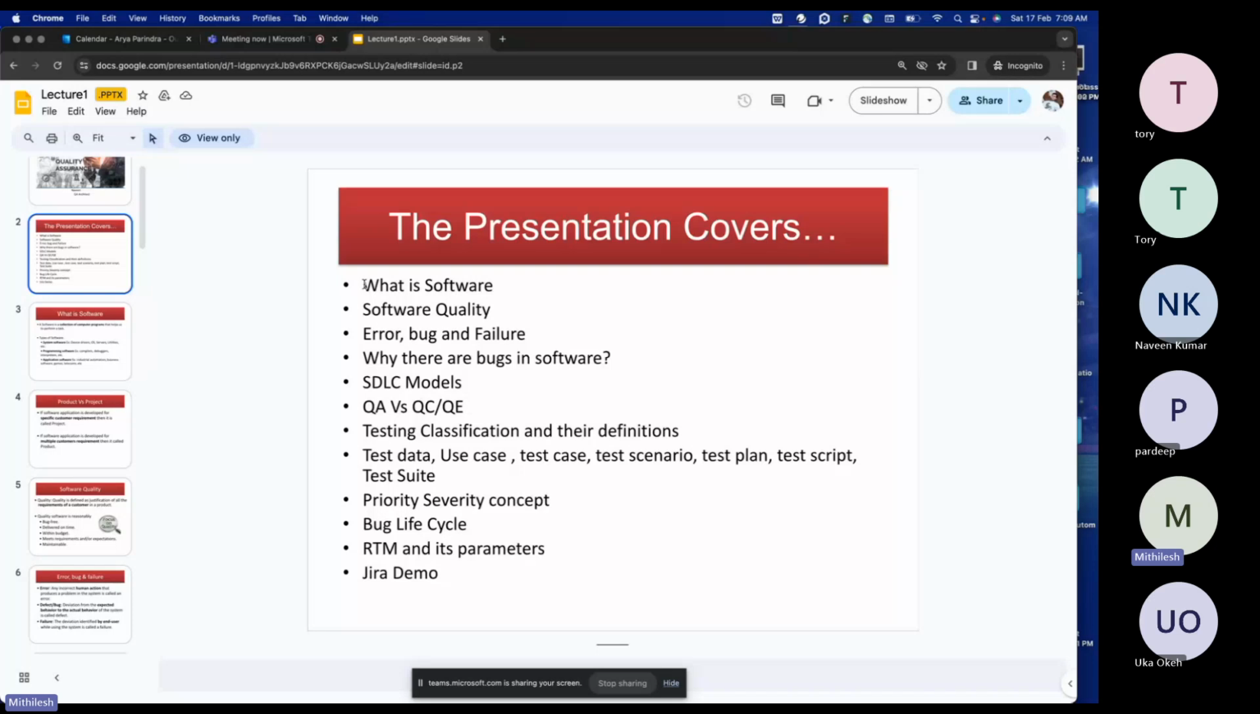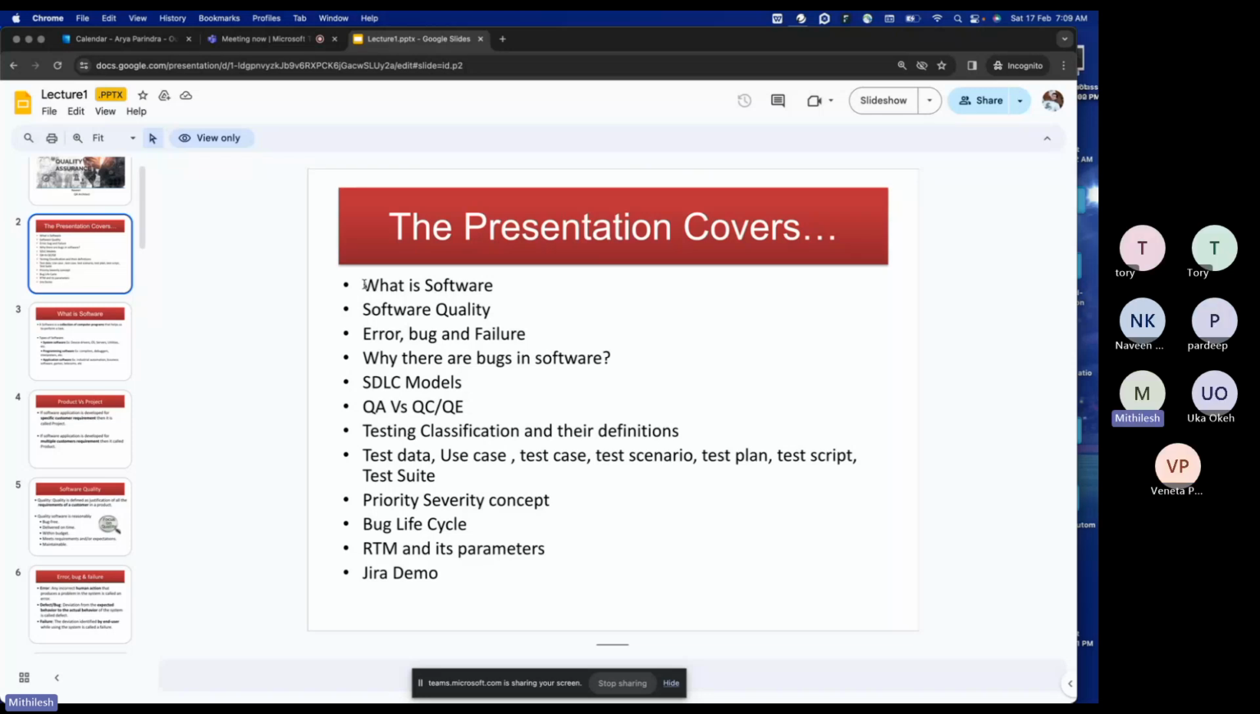Then we also started different types of testing, and there I think we covered functional testing, that means unit testing and integration testing. So we'll start from there, and check the other types of testing, and then we'll